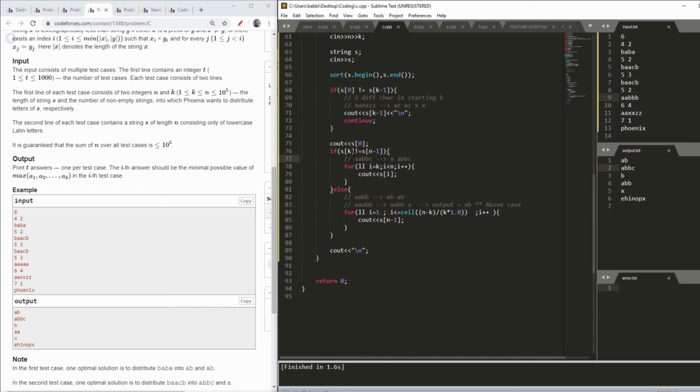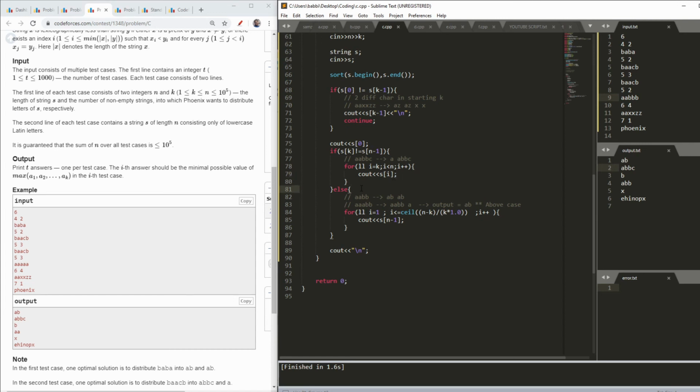So if S of k and S of n minus 1 are not equal, which means that in the remaining n minus k elements I have more than one distinct letters, then what I will do is that I will place all the remaining letters and append them in my final answer.